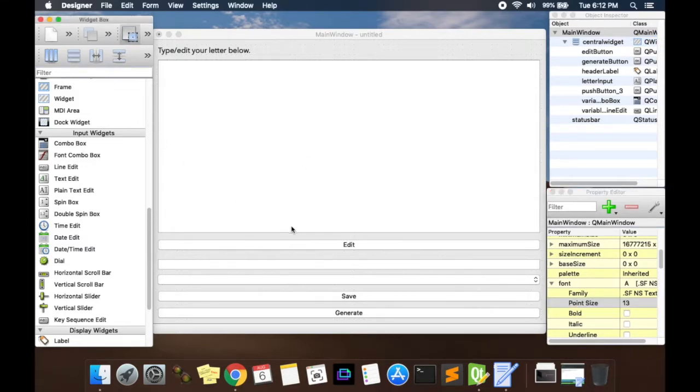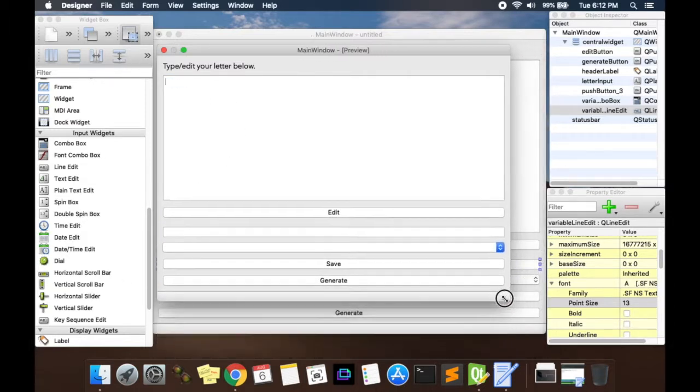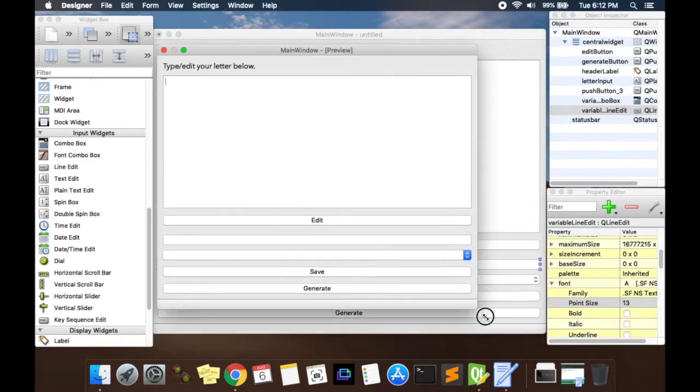Okay, so that already looks much more organized. So you have the line edit here. Let me make this Command R. So you have here, then you have the line edit, then you have the variable names. Okay, so this is perfect, and this is important because when you lay it out in a proper manner,